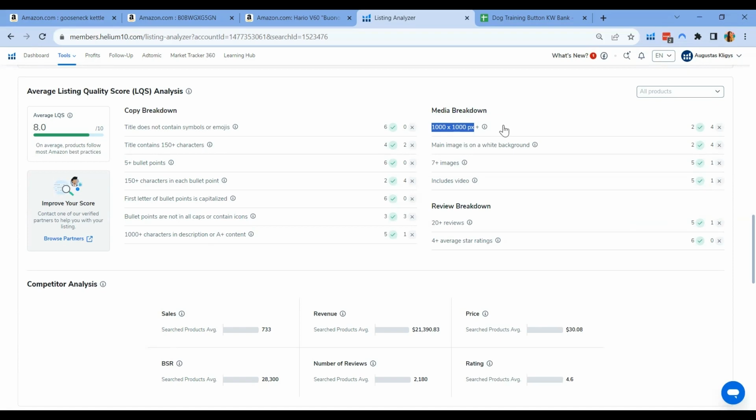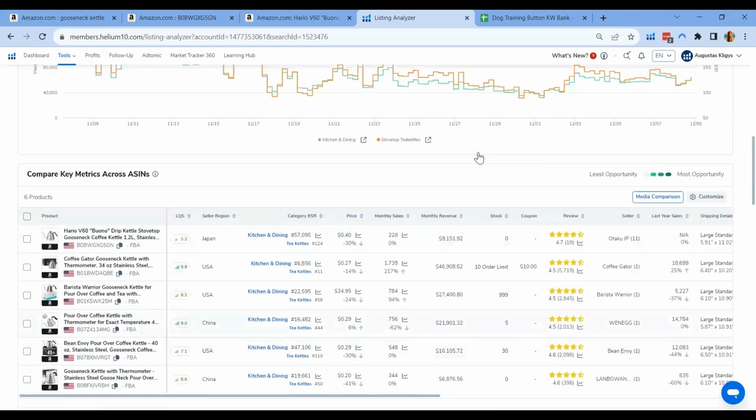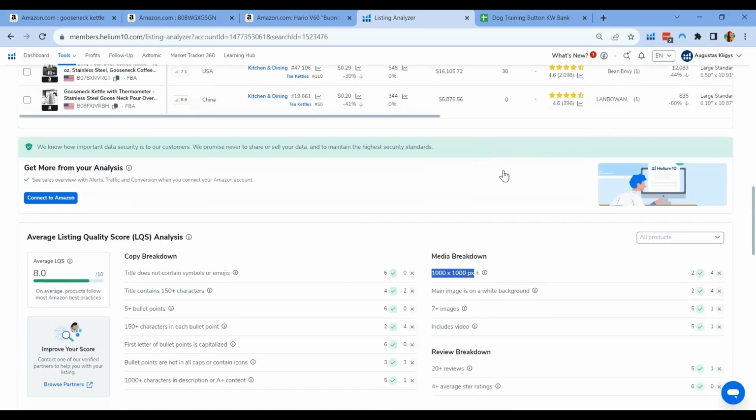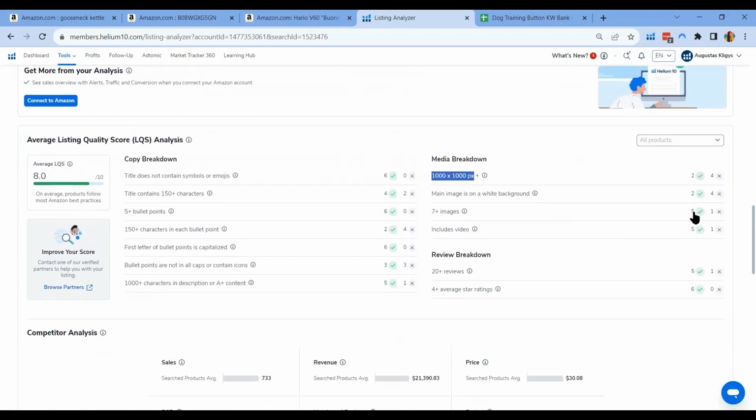The quality of the image, and when you pass this, you will be able to zoom in and see all the details. The customer will be able to see the likeness and the trueness of your products. We can also see that for the images, only our ASIN doesn't pass with 7 or more images and videos. So that's another thing we can tackle with our product listing optimization team and add that.